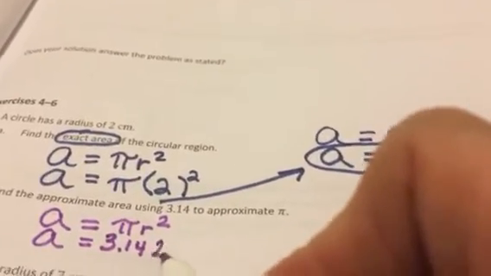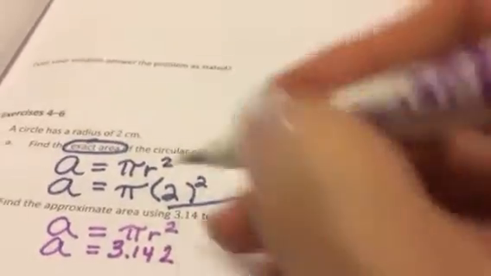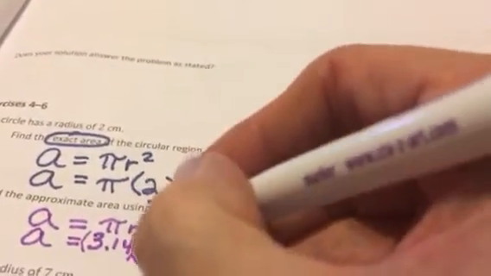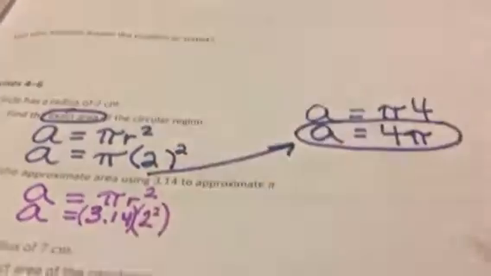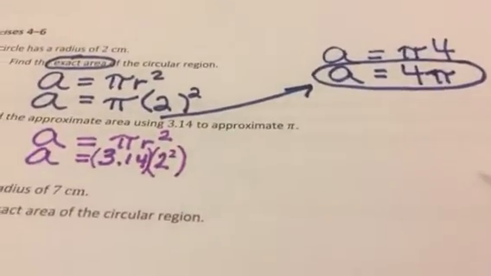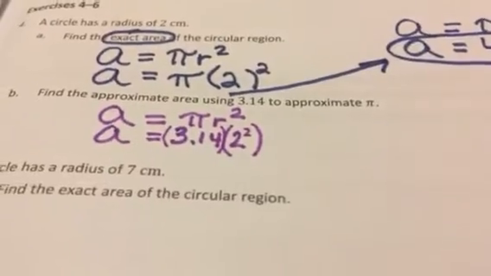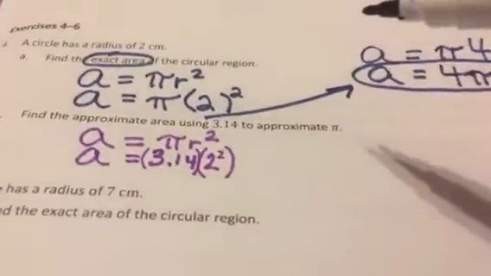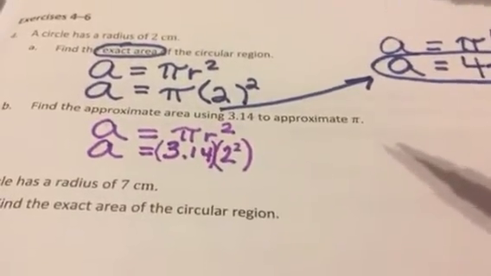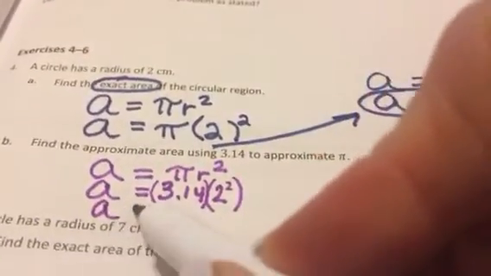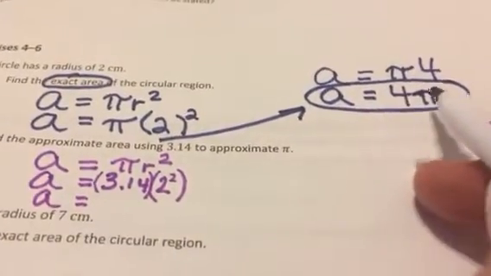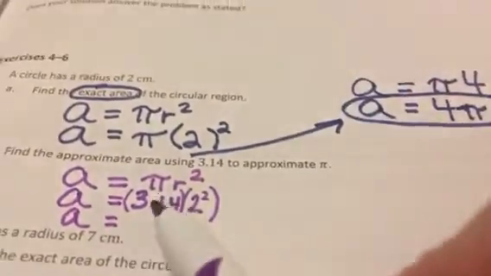Now we don't want people to think that's 3.142. That's why we put parentheses to say this is by itself and the 2 squared is by itself. We don't want them to think it's one big long number. And remember, the pi and the R are squished together, which means multiply. So next row. You got to figure out what 2 squared is, which we figured out a minute ago. It's 4. So you're going to do